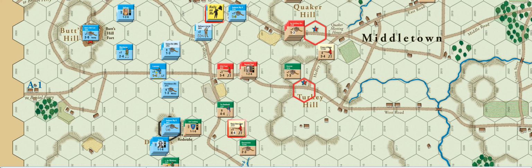Right, and actually advance after combat into a vacated hex is mandatory, not optional, for lead units. It's optional for other participating units that were not the lead unit, but lead units must advance. And so,